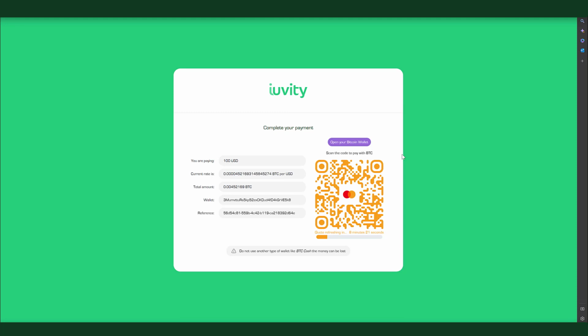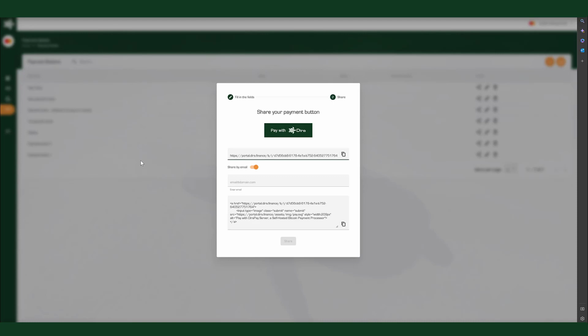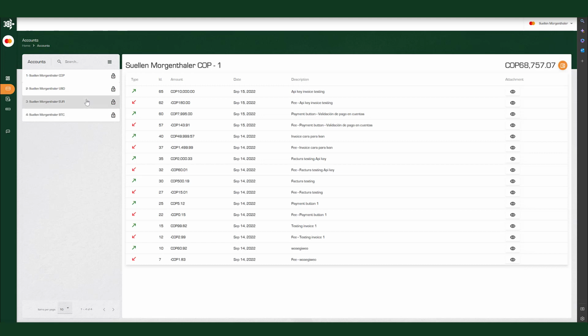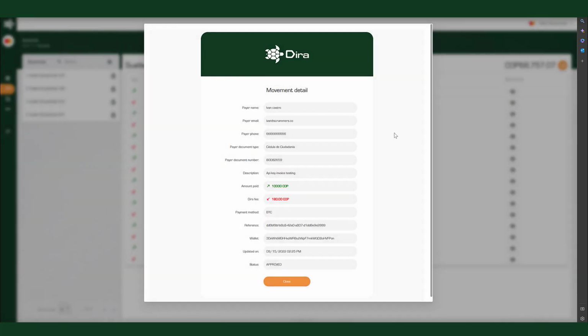If you're doing this with a payment button that you just received via email or whatever, then you will get a complete transaction message, and basically your transaction will be closed. Now, as the transactions are closed, again, if you go to accounts based on the different currencies that you have, you'll start seeing those payments on there, and you can review the movement by clicking on this little eye icon here,